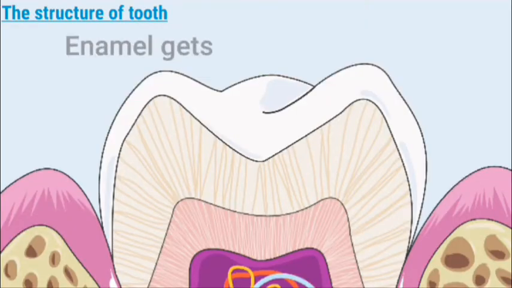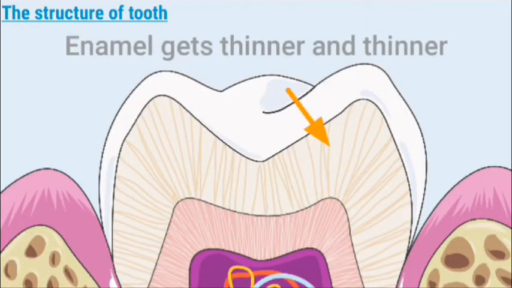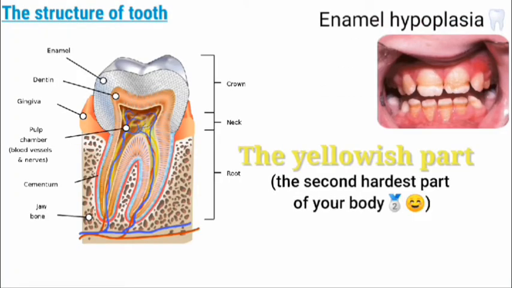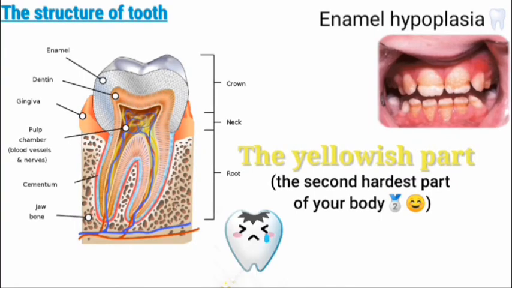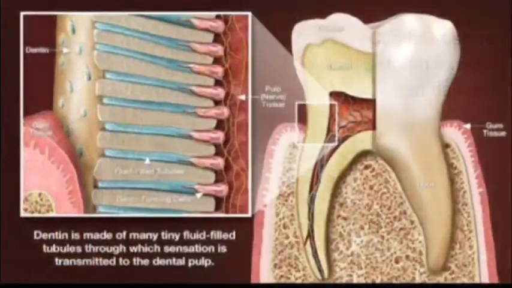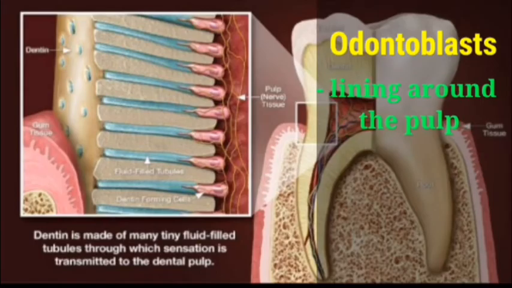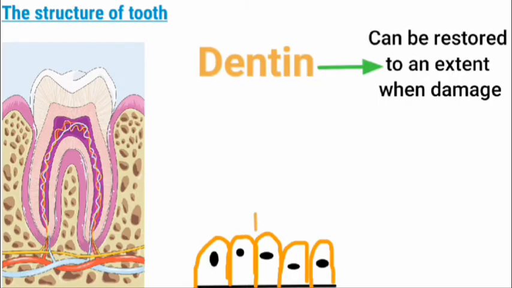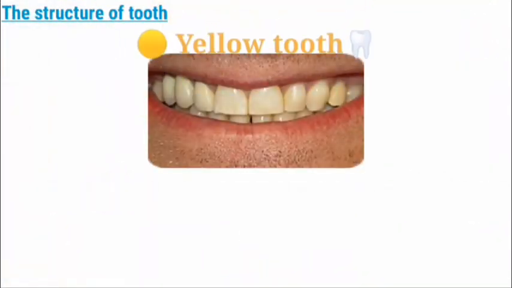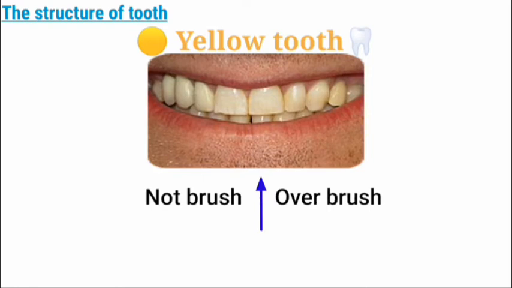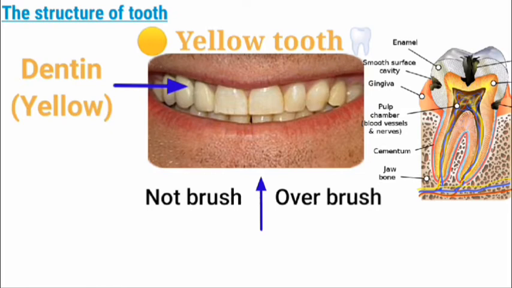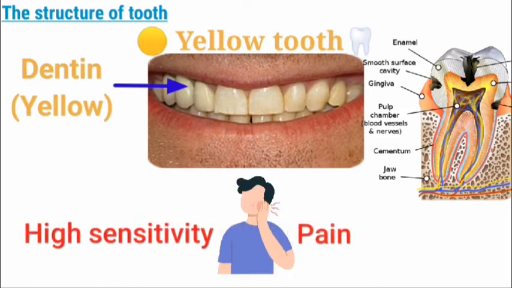And as the enamel gets thinner and thinner, that will lead to the exposure of your second layer, called the dentin, the yellowish part, which happens to be the second hardest part of your whole body. But unlike the enamel, the dentin can be restored to an extent because it has living cells called odontoblasts lining around the pulp that secrete the collagen and non-collagenous mix that makes up the dentin. Now you know the second reason why the tooth appears yellow when you don't brush or overbrush: as the enamel gets thinner, the dentin becomes exposed, so we get a yellowish tooth,